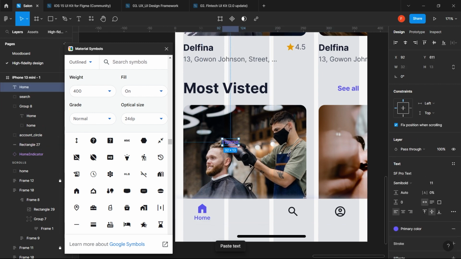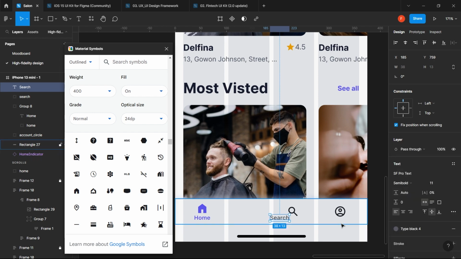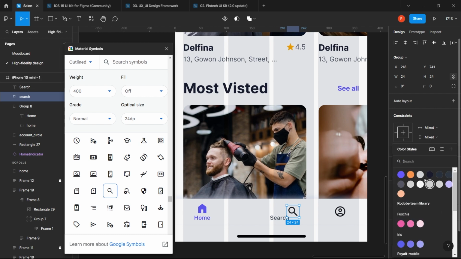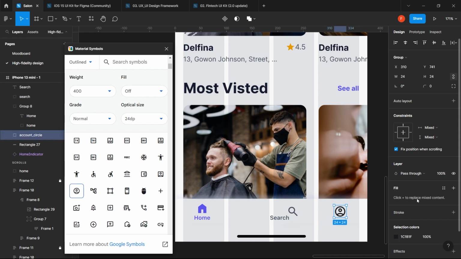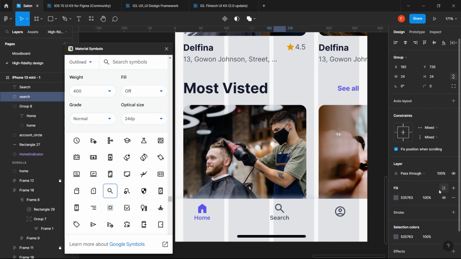I'll borrow this, Ctrl C and then Ctrl V outside, drag it down and turn this to search. I'll change the color because this is not active. I'll change it to 4, same thing with this. That would be our 4 also, and then profile also would be 4. That's black 4. The color code for black 4 is 535763,